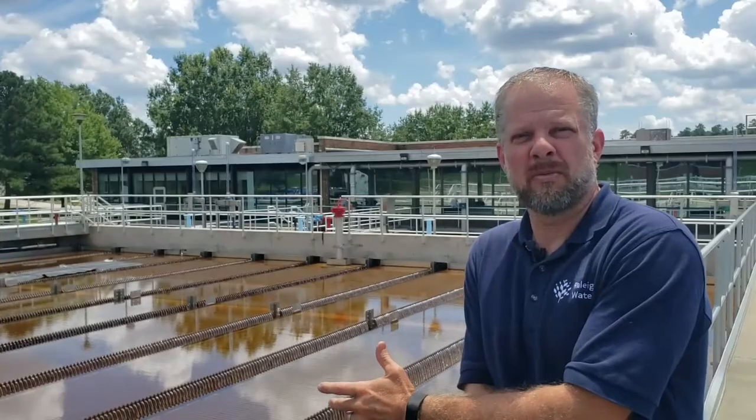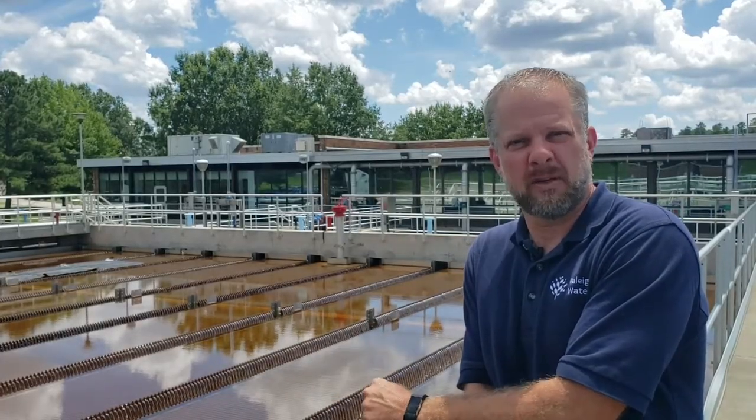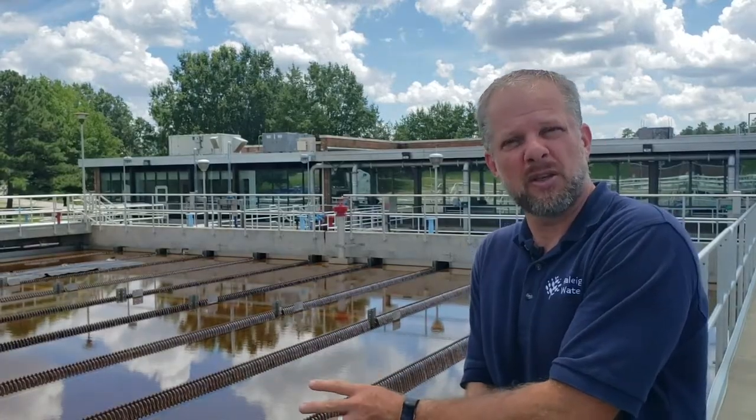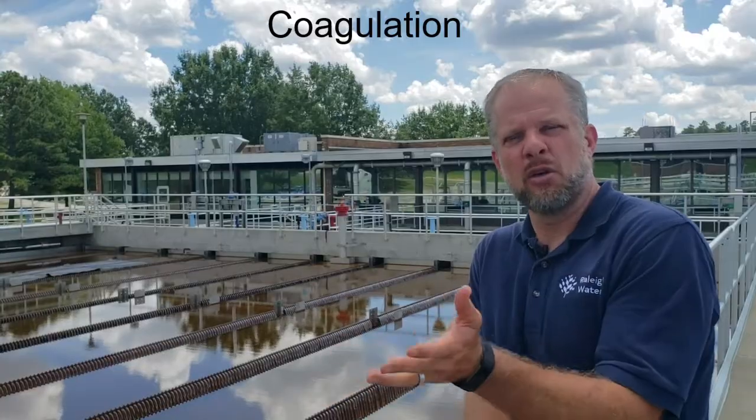So this is where the water treatment process really begins in earnest. I'm at the Flock-Sed basin of our water treatment plant, and there's 3 main steps that happen here. The first step is called coagulation, and that's where we add a chemical called ferric sulfate and uniformly mix it